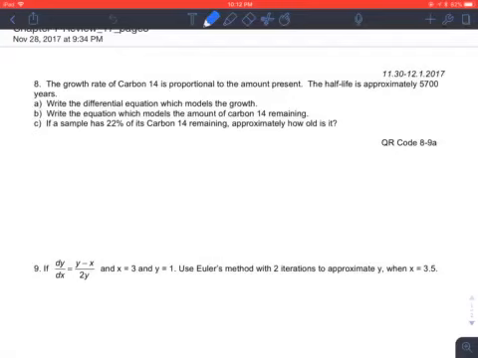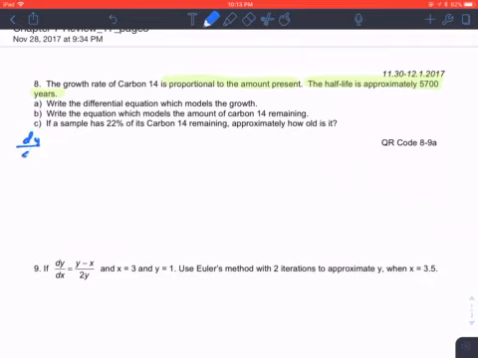Okay, so this is page 3. We're going to look at here that the growth rate of carbon-14 is proportional to the amount present. We also gave you that the half-life was approximately 5,700 years. Okay, so because it's proportional to the amount present, what that means is that we have